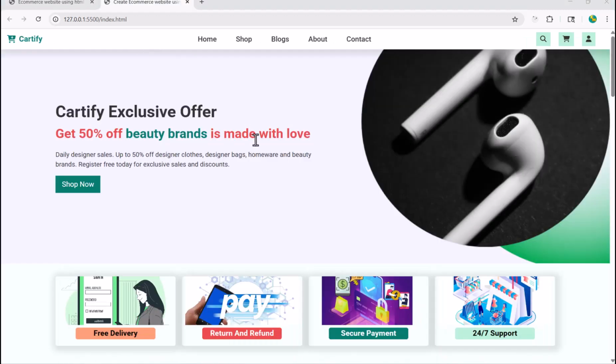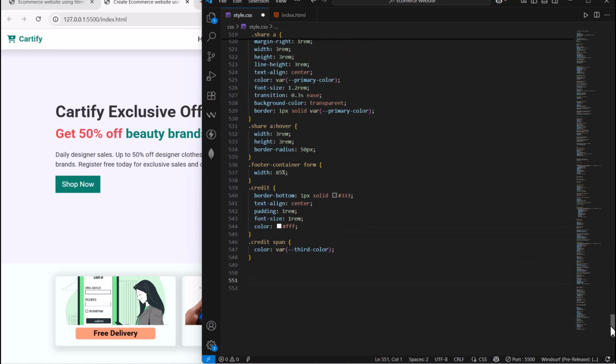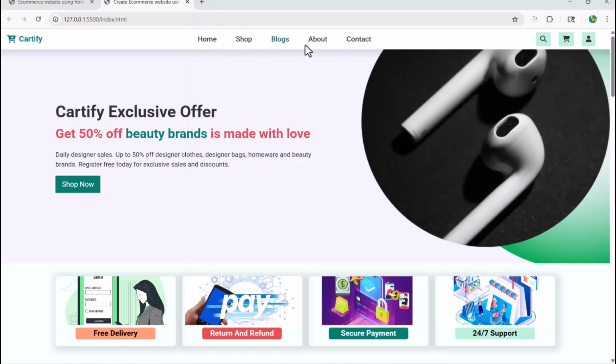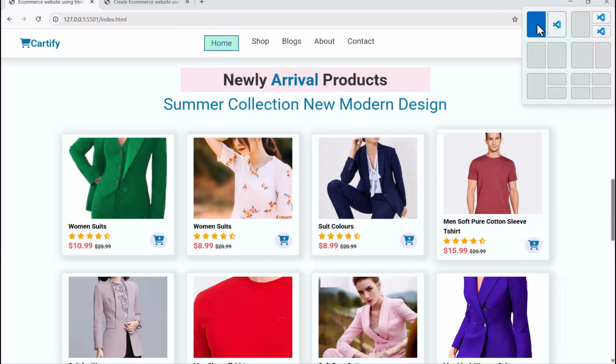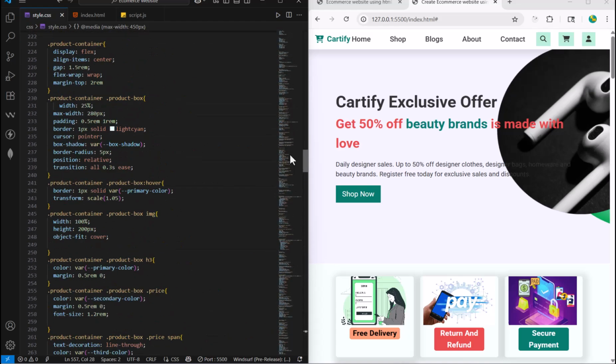Alright, so now to make this web page responsive, I'm just going to use a modern technology like Media Query and Flexbox. So over here, first we need to have a breakpoint, right? Here we have for larger screen, and here we have for a mobile screen, and here we have for a small mobile having a screen width 450 pixel and below, right? So now for a device having a maximum width of 760 pixel and below, we need to make this navigation menu, just take a look, just like this. I'm just going to hide this navigation menu for a screen having a maximum width of 760 pixel and below. So to do this, over here we have